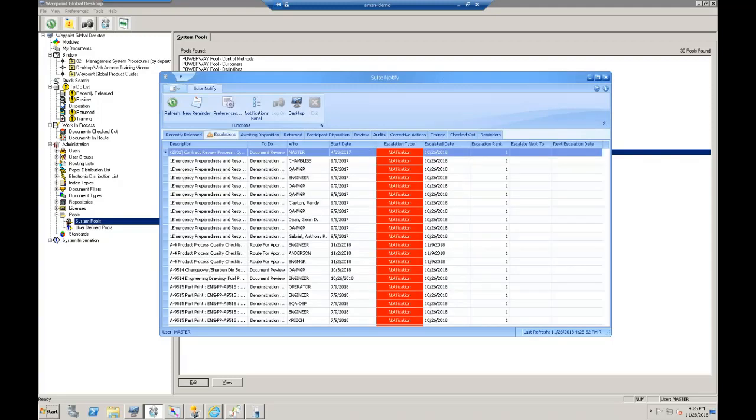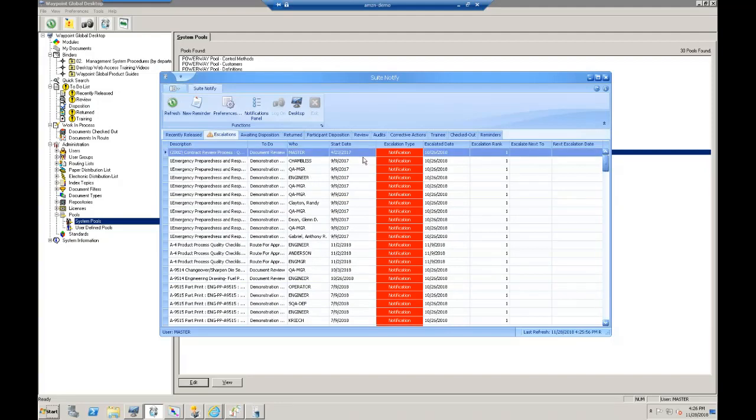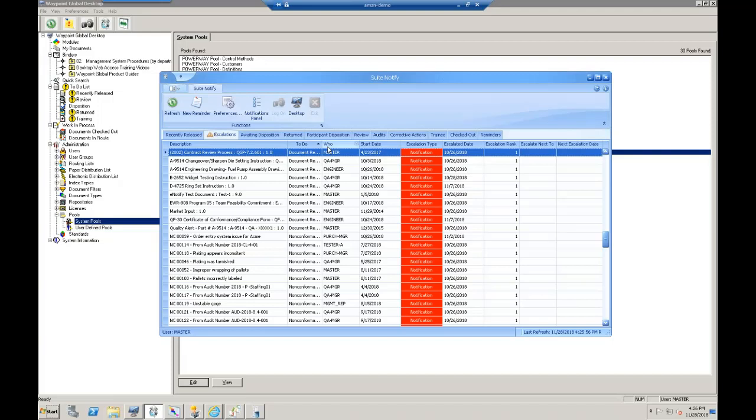Last, I left the Escalations tab specially because I figured that we would have a large amount based on what we were seeing. And there are lots of escalations that are due to be notified in here. Yes, that is a large amount. It'll tell you the document, the description. Don't be worried by the title description. It consists of the document title, the document number, and the version number of the document. It'll tell you the exact